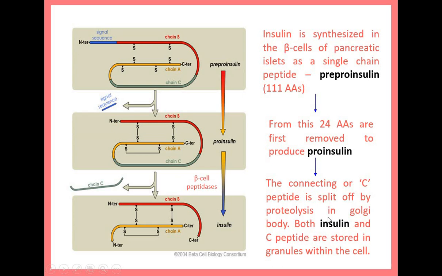And this insulin and C peptide both are released simultaneously from the pancreatic beta cell through exocytosis, whenever the blood glucose level is more than 120 milligram per dl. So it is a sensory mechanism by which the pancreatic beta cell releases the insulin and C peptide, which is already synthesized, pre-synthesized and stored in their secretory vesicles.